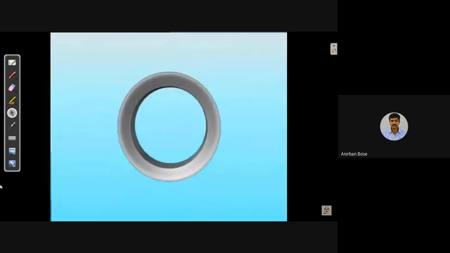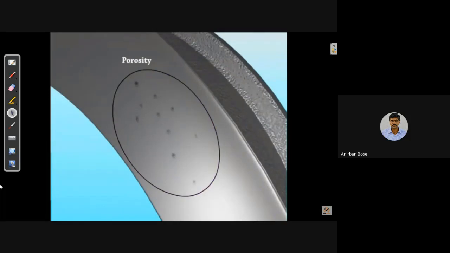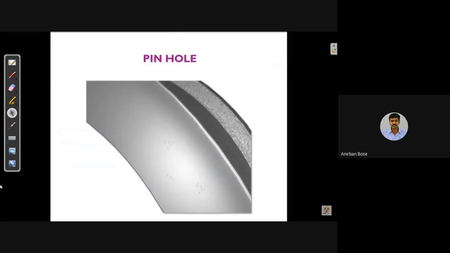Porosity. Let us see an example for porosity. Porosity is small holes on the surface of the casting. This is due to gas dissolved in the alloy. Pinhole.